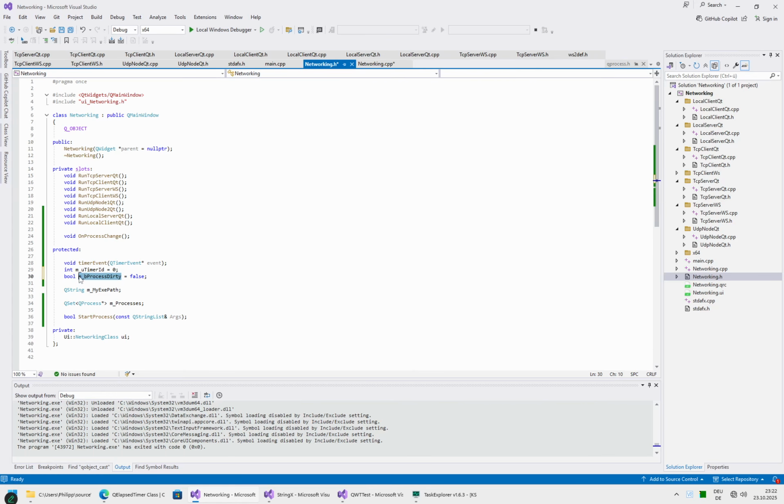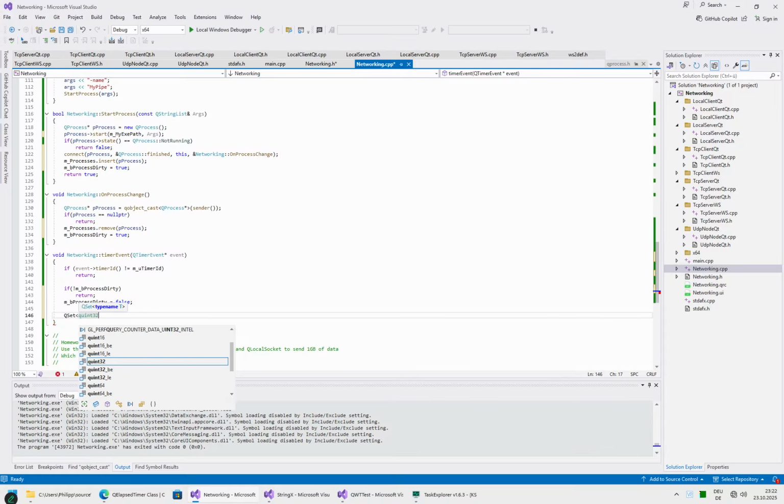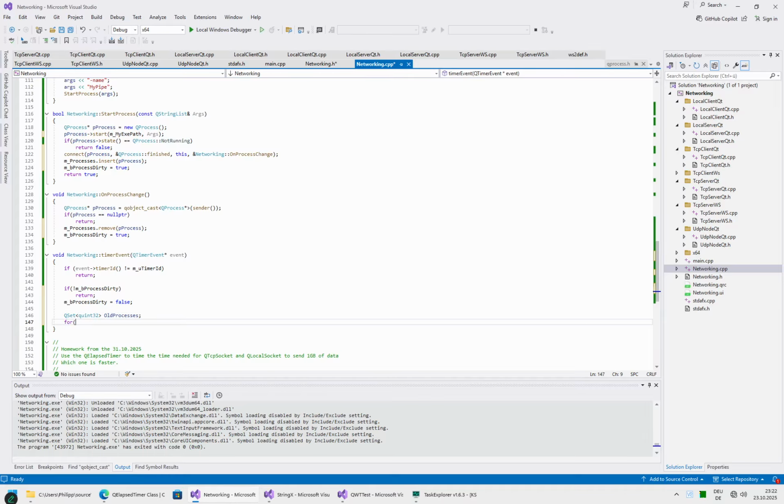This can be either remembered or it can be generated on the fly. So let's, well, that will be a QSet of int32, all processes, for int i equals 0, i less than